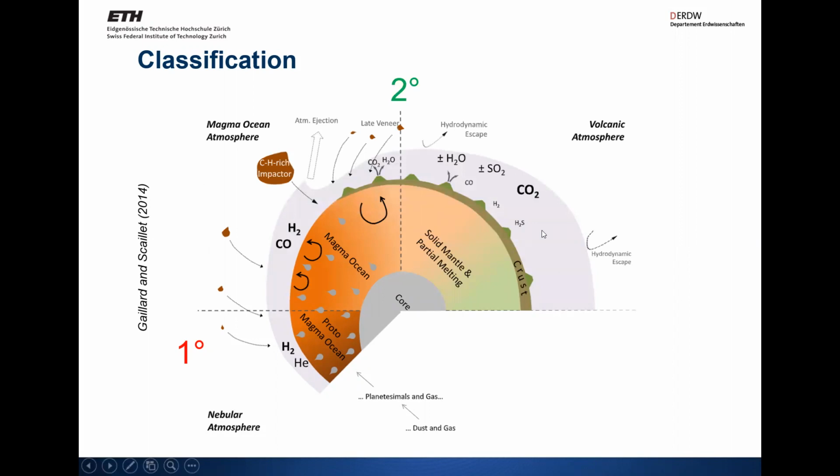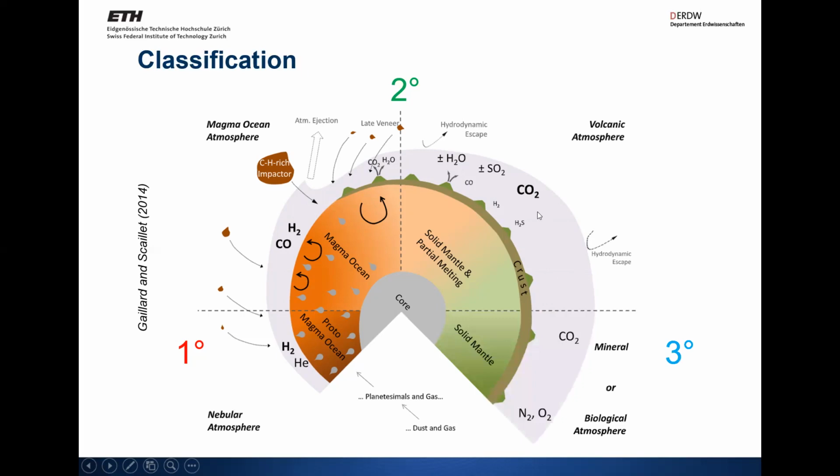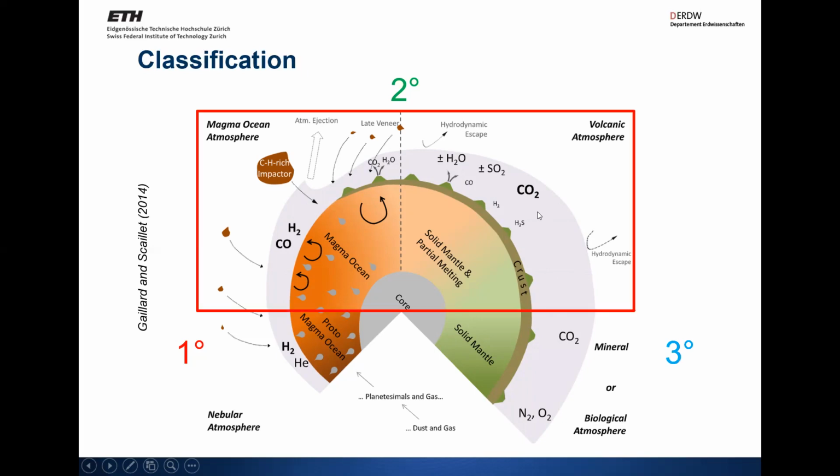And so these atmospheres tend to be heavier, containing CO2 and CO species, as well as water. And of course, for the Earth in particular, we then refer to a tertiary atmosphere, which has then been modified by biological activity. So as I mentioned, I'd like to start off with the secondary atmosphere stage of planet formation, and particularly as relevant to the Earth.